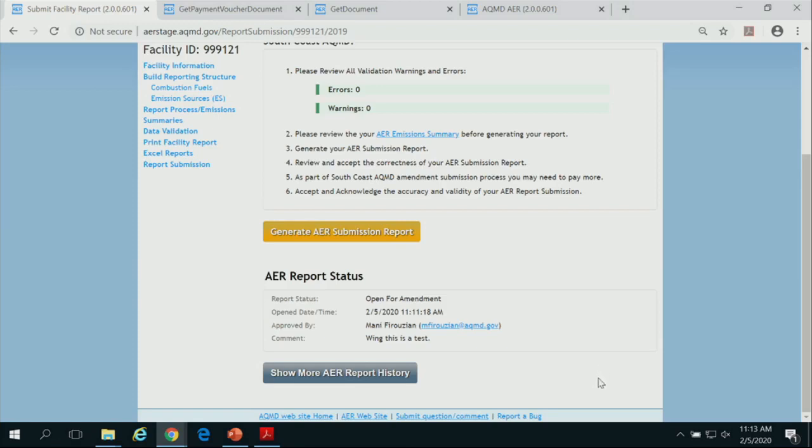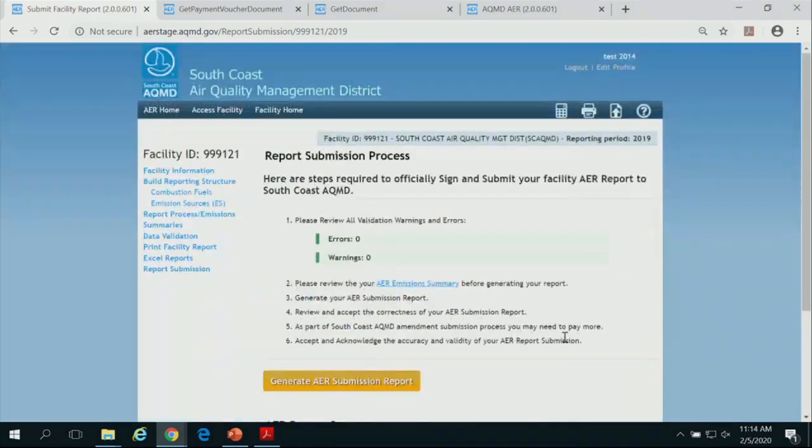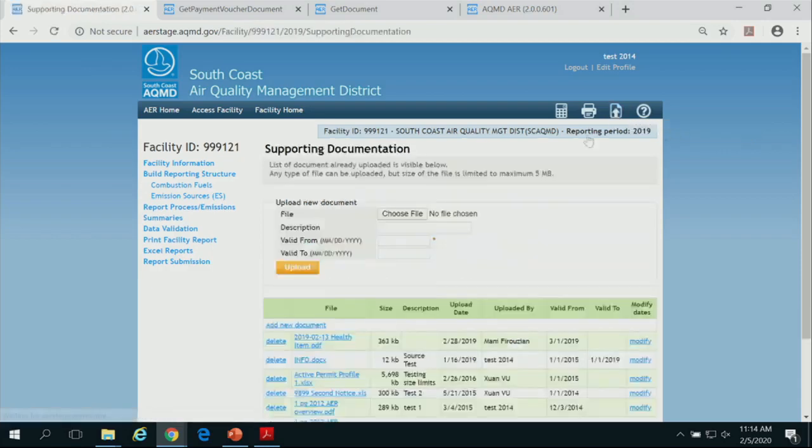Go ahead. The supporting documentation that we have to submit with the report. I'm sorry? The supporting documentation. Okay. I'm glad you reminded me to show you that. As far as your submittal, everything is done online. But we brought up the point that if you would like to attach something to your report, if you would like to upload additional information, there is a button up here called Upload Supporting Documents.